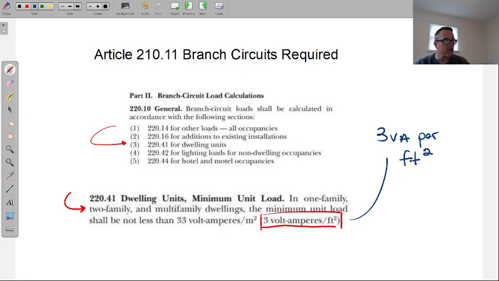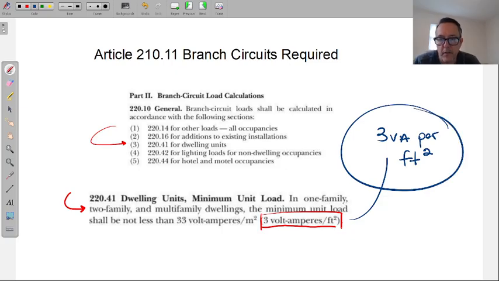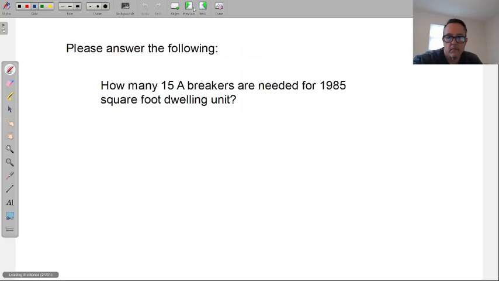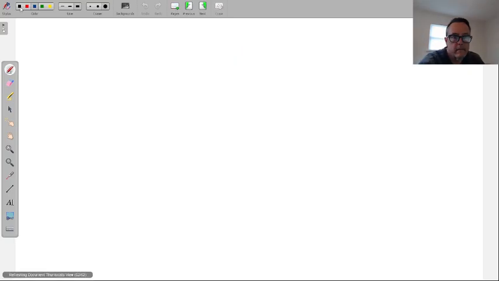All right, so right now, the only real thing that you need to do, I mean, you can go to the code section 22041 and highlight it, but we're not doing that article today. So while you have highlighted it and good to go, we'll get back to it in a couple of weeks. This is the only real number you need to pull out of all of this, 3 VA per square foot for, and let's now take a page here and start to write this as a note. All right, it's 3 VA per square foot